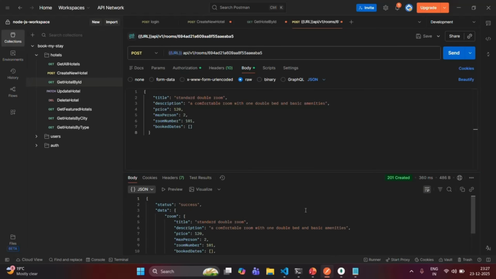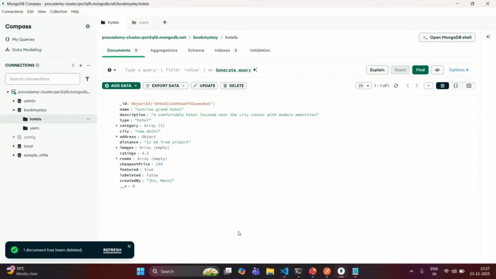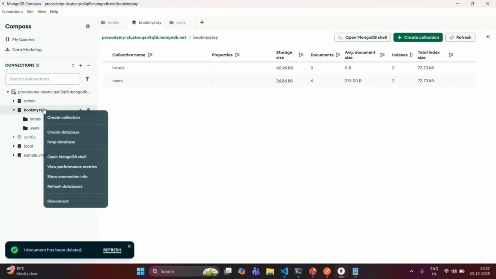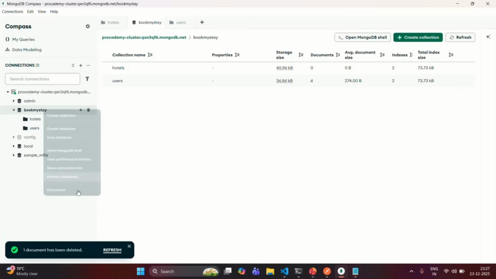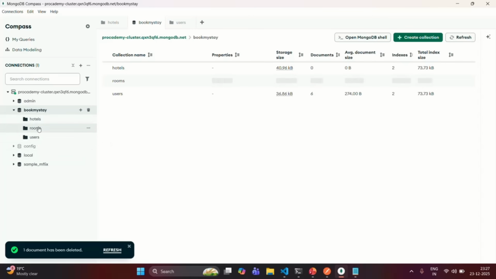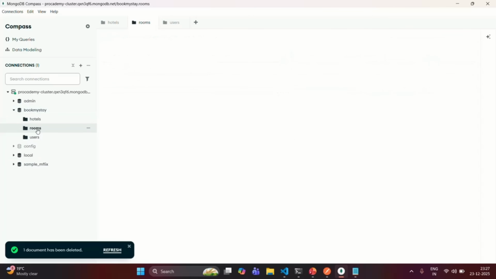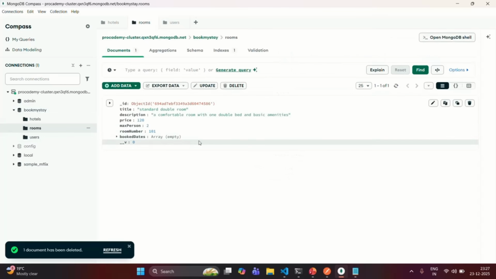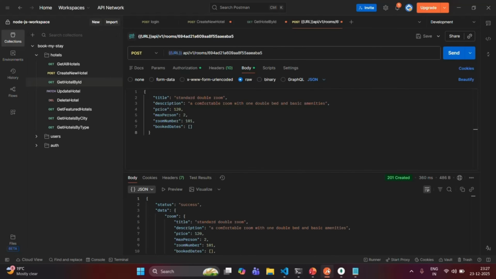Let's also go to Compass and refresh this database. Now you will see that we also have this rooms collection. If I go to the rooms collection, you will see that we have one room document. And if I go back to Postman, and now go to the get hotel by ID request,